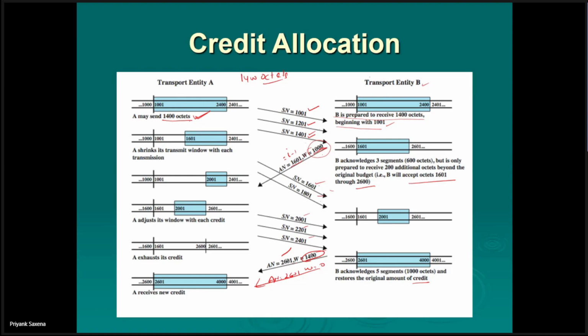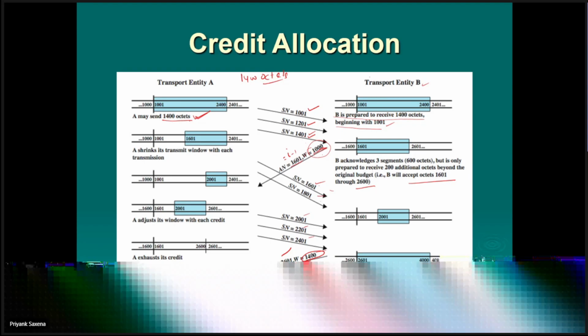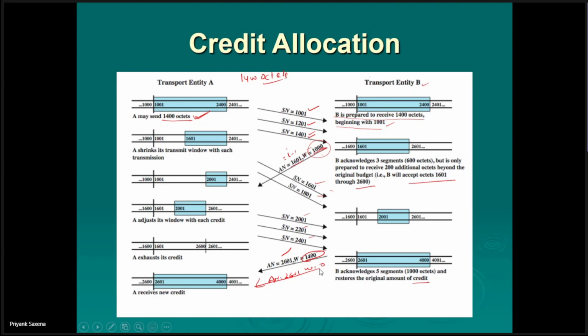So the beauty is, at this moment, if B feels that it doesn't want any more transmission from A, what it has done is acknowledge all the previously received segments with a window size made 0. So that means it doesn't want any more data from A. At the same time, it has acknowledged all the previous segments. So this scheme is very, very good, whether you are working in a reliable environment or an